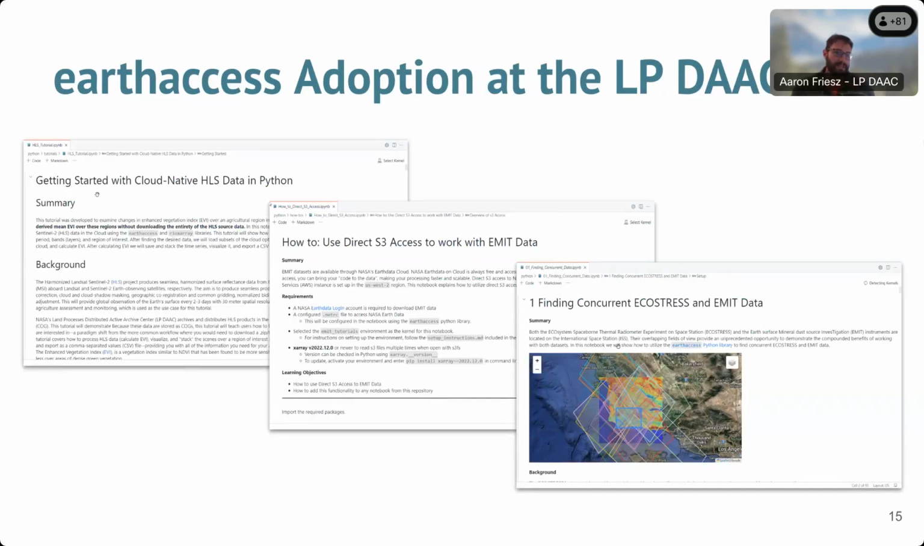The LPDAAC has started adopting and integrating it into all of our tutorials. We're trying to set everything up so that you can run this in the cloud or out of the cloud, and with earthaccess, it makes it very easy to make that switch. All of our HLS tutorials have taken it up. Every EMIT tutorial that we've created now has it included, and we had some interesting tutorials that leverage the search capability and the access capability in earthaccess as well, finding these concurrent overlaps of scenes,